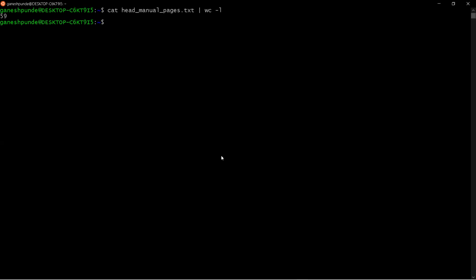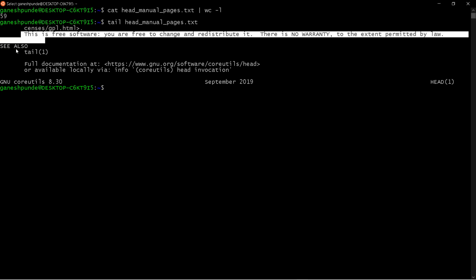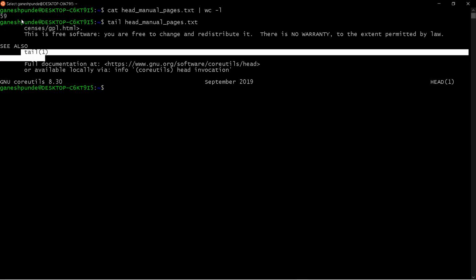Now I want to see the content of the file, but instead of seeing the entire file or the top of the file, I want to see from the bottom. So if you want to see the tail of the file, you can say tail, and this will show you the last 10 lines. See, this is the last line, this is the second last line, this is the third last line, so basically it is showing from the bottom, right?